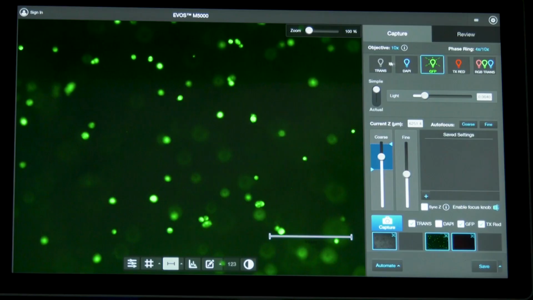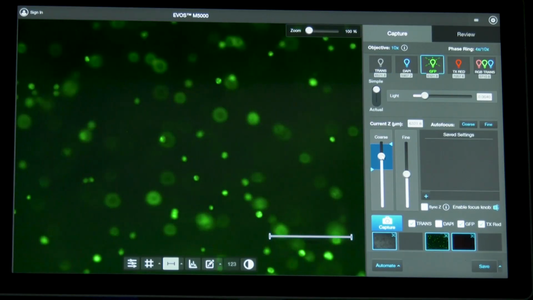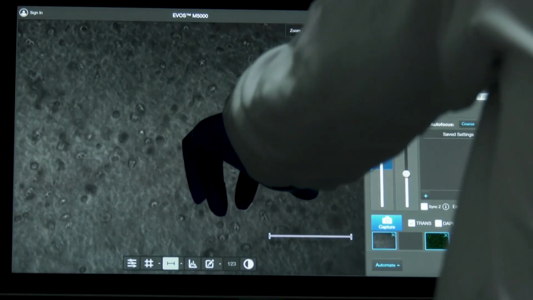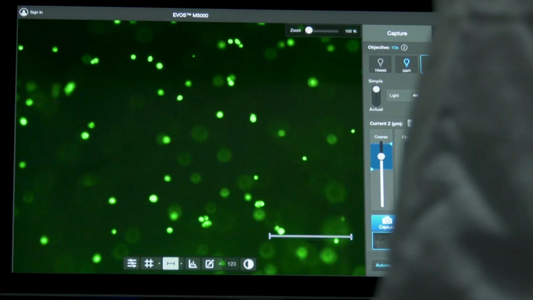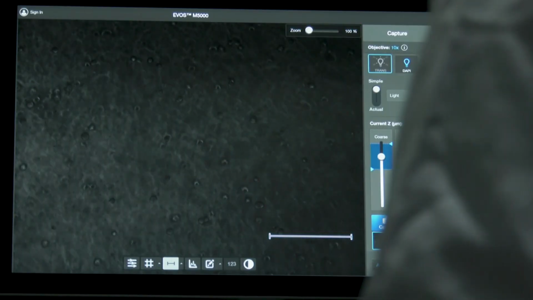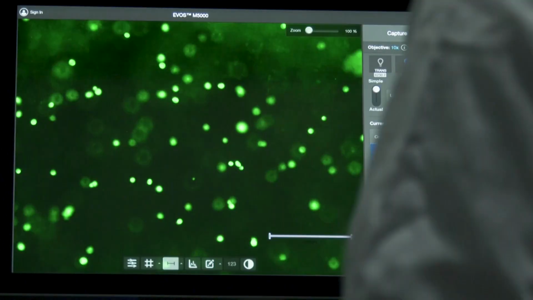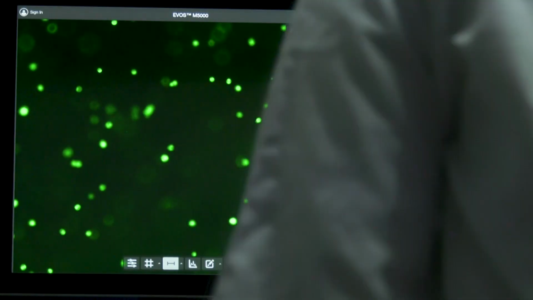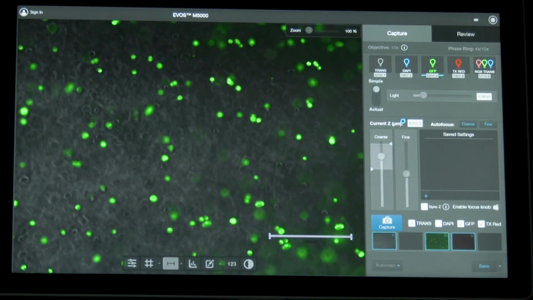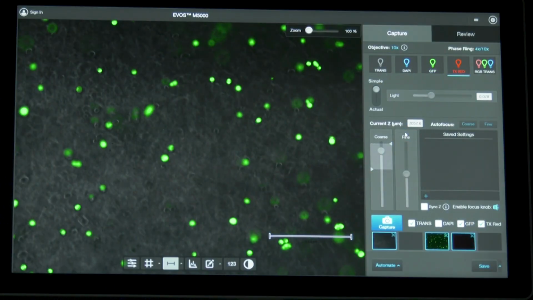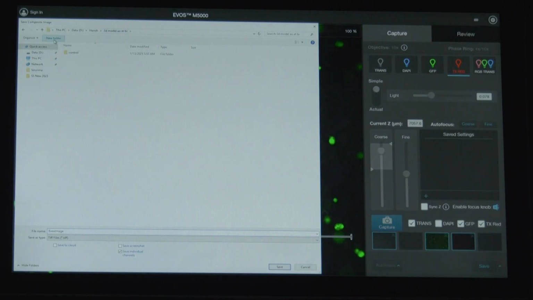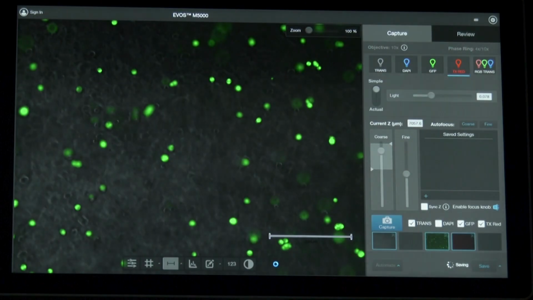In the test wells, the cells are also observed to be alive, indicating the biocompatibility of the alginate model. Here also you are able to see the cells are present in different stacks of the alginate model, that is a three-dimensional arrangement, which in turn allows cells to grow and interact in all three dimensions. We will save these images as well. We will repeat this process for the remaining test wells.